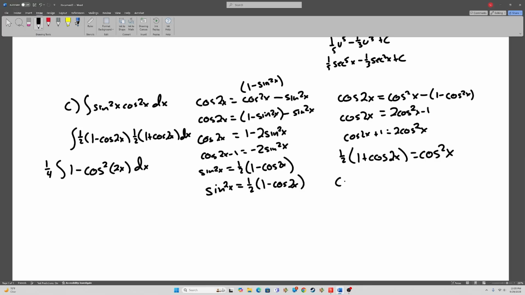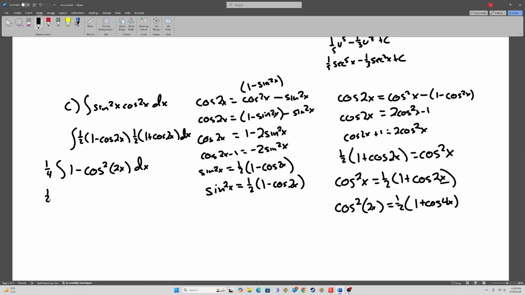Let's write this a little neater. Cosine squared x is equal to 1/2, and then this is 1 plus cosine of 2x. But we have cosine squared of 2x. This says cosine squared of x. Well, we can replace the x with 2x, and that's going to make it a 4x. So we have 1/4 integral of 1 minus 1/2, and then 1 plus